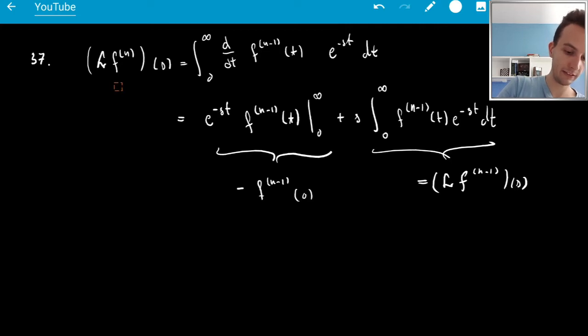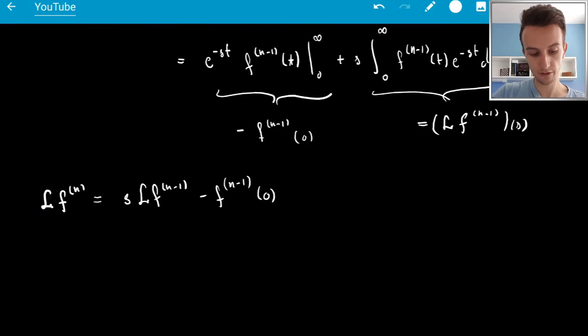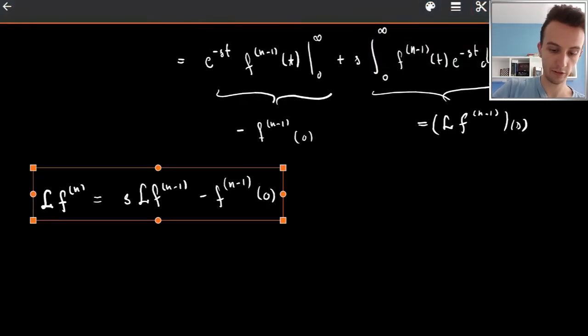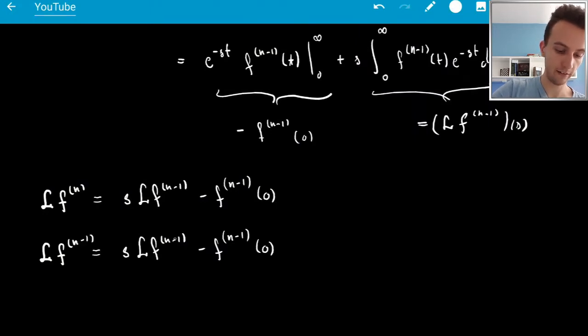We have L{f^(n)}, I'll suppress s, is equal to s L{f^(n-1)} minus f^(n-1) at 0. This part here is just a constant, right? And this is a recursive equation. So obviously I could just copy paste it like this and set n to equal n minus 1. So I just need to adjust,